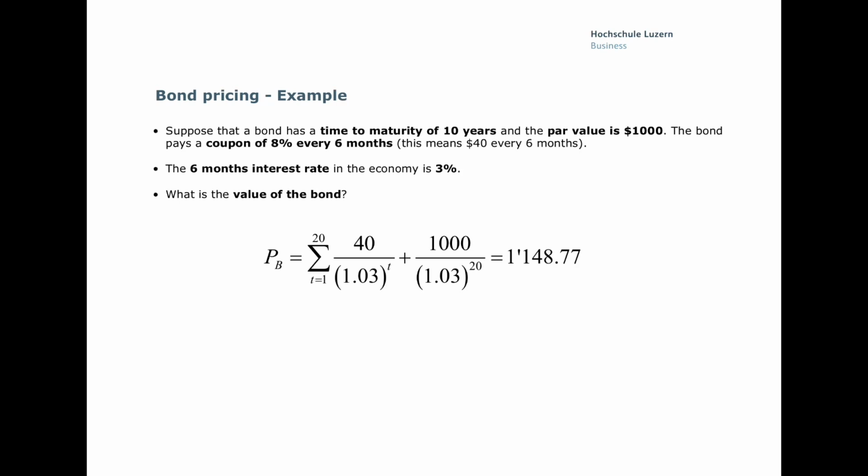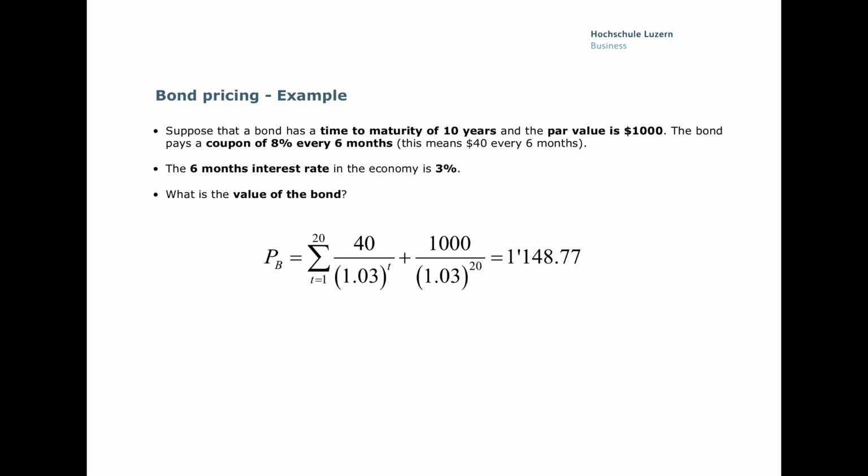To understand the concept of bond valuation completely, let us do an example. Suppose that the bond has a time to maturity of 10 years and the par value is $1,000. The bond pays a coupon of 8% every 6 months, which corresponds to a coupon payment of $40 per period. Moreover, assume that the 6-month interest rate in this economy is 3%. By applying the present value formula introduced on the previous slide, we can simply substitute in the corresponding numbers to get a bond value of